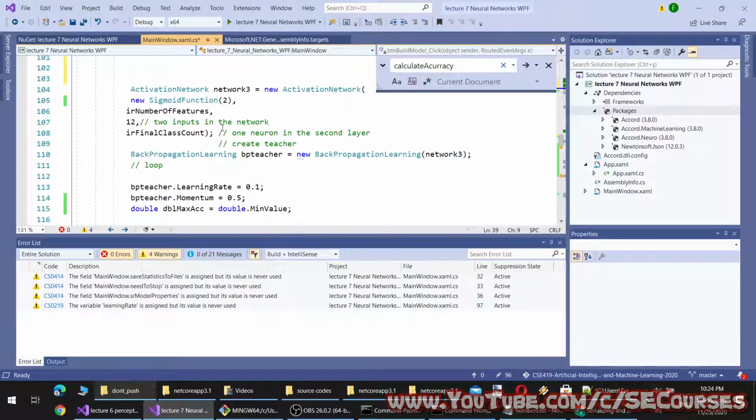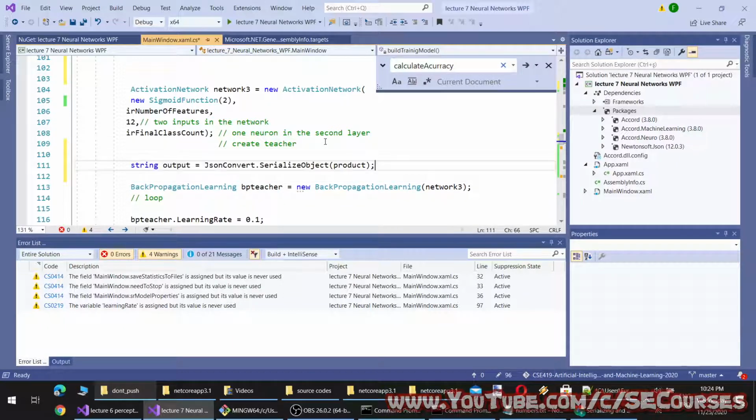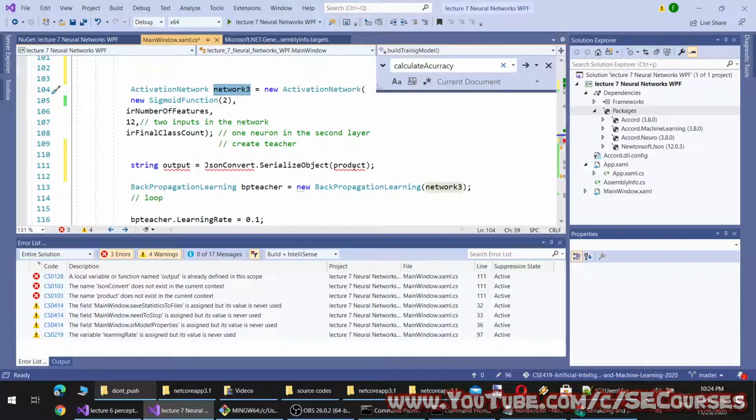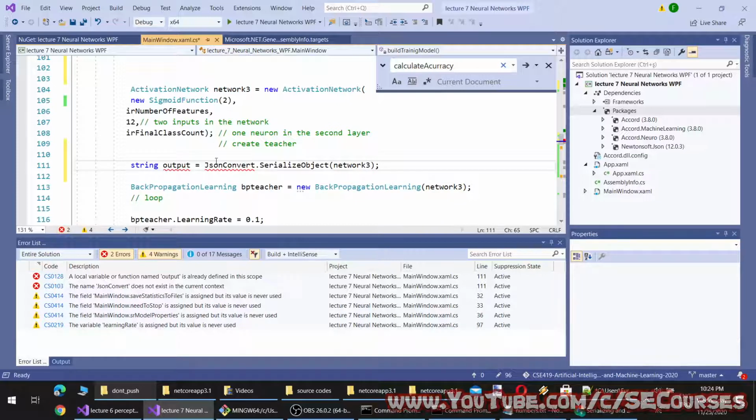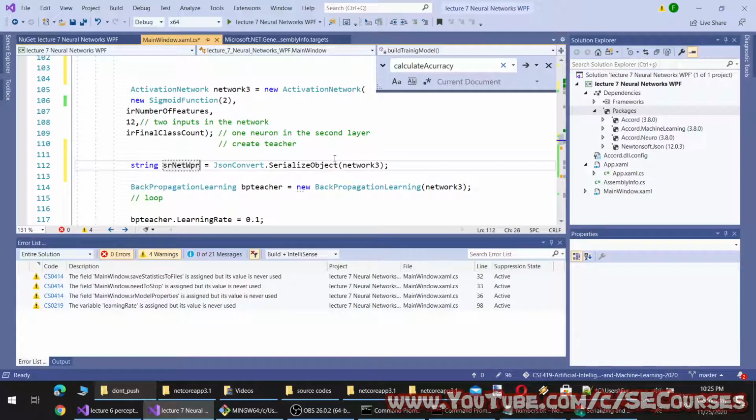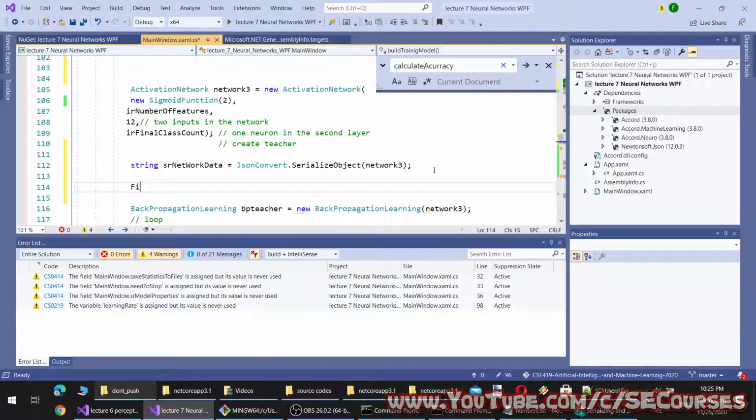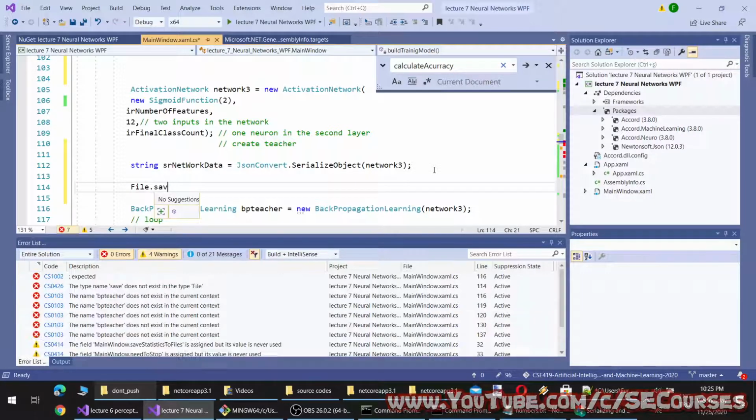What I am going to do is I will just save the network serialized object and network data and file.save.